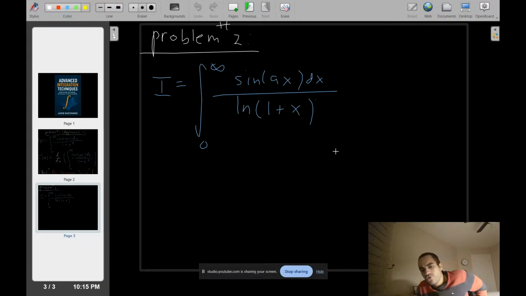Here, this can throw the majority of people off. First off, the majority of people will not know how to solve it because they haven't learned the technique of how to solve this. Okay, there's nothing wrong with that, right? You just don't know the technique. Now, for those of you who do know the technique of how to go about this, yes, automatically you will say Feynman trick. Even then, you're going to be wrong. Yes, you will still be wrong if you apply the Feynman trick to problem number 2, even though it's a function of the parameter a.